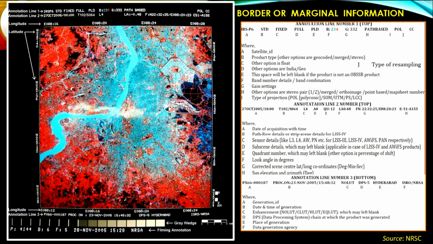Annotation line 3 lies on the lower portion of the image, bottom, with A, B, C, D, E, F, A for generation ID, and date and time of generation, when the image was generated. All this information is printed on the satellite image.